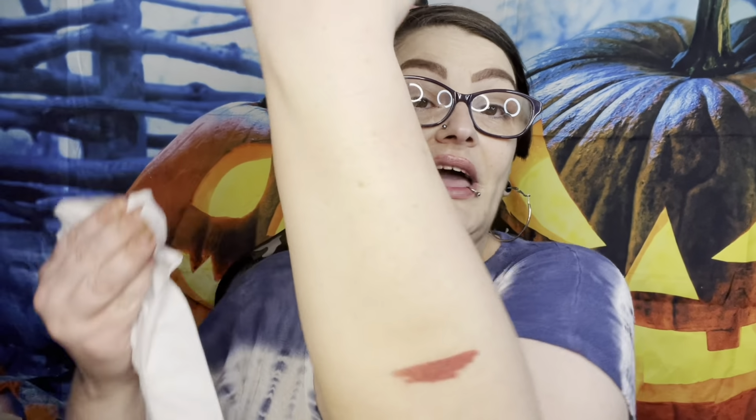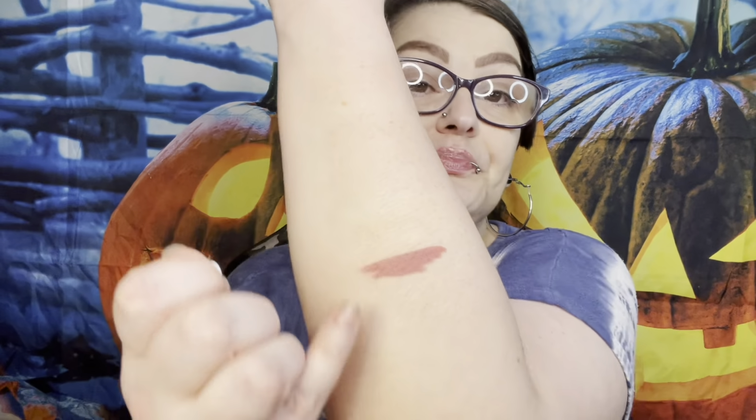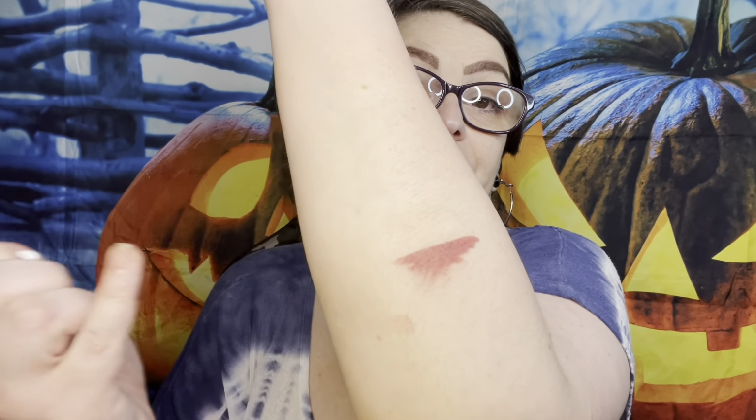Had to get a clean one. That one was full. Like, okay. Now, the reason I didn't go over the lip liner is because I want to try this on the lip liner. You can see it moves. It's not like...